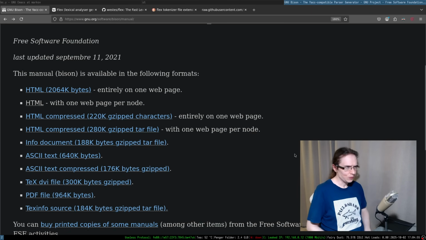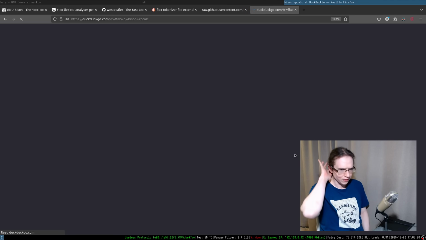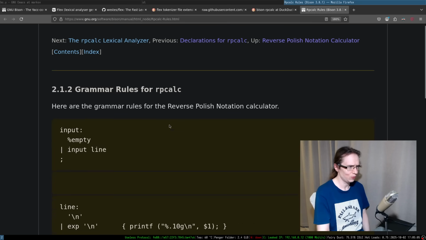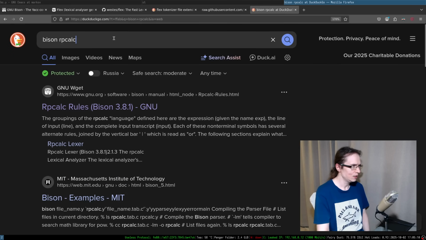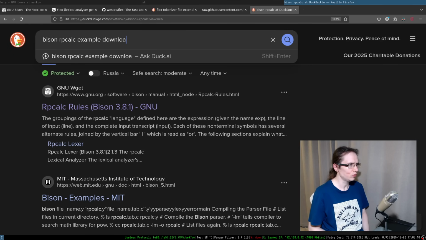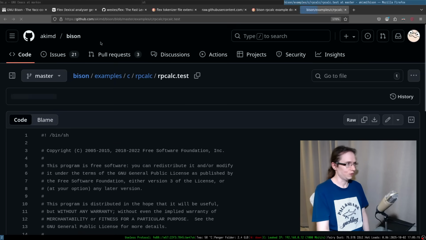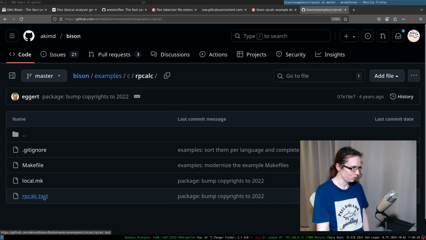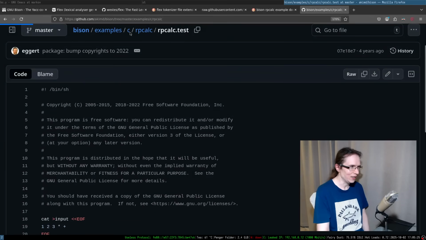Okay, so Bison RPC calc, full example. RPC calc. Where can I download it? Is it even possible to just download this entire thing? RPC calc example download. Maybe I could find it here. Oh my god, it is available. Holy shit, it is. Okay, so that means we're rolling. So RPC calc test. So it's just a test, but